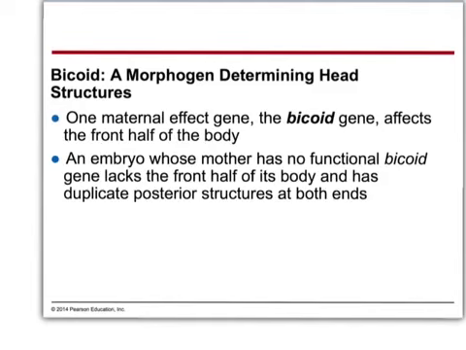So they developed a mutant where the mom no longer produces bicoid. Now the embryo from the mother who doesn't have any functional bicoid lacks the front half of its body and has duplicate posterior structures at both ends. So what does it look like? Basically, it's two abdomens. All right? It doesn't develop a head. So it ends up being